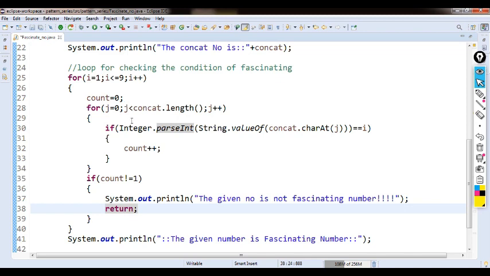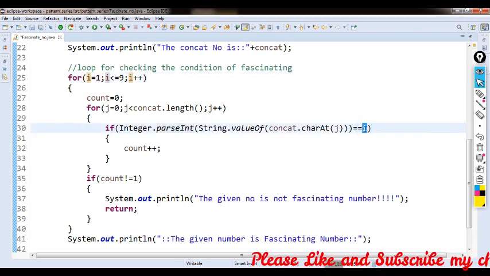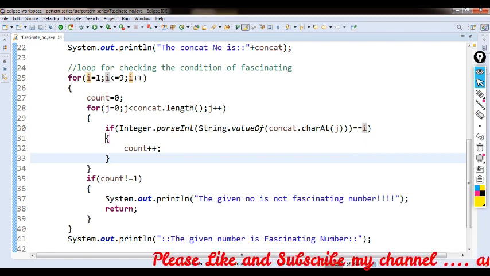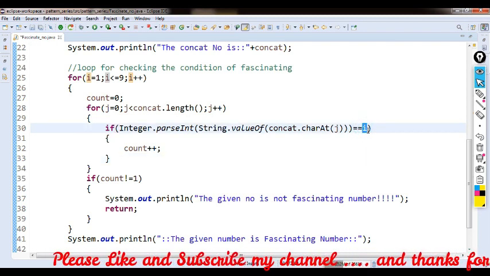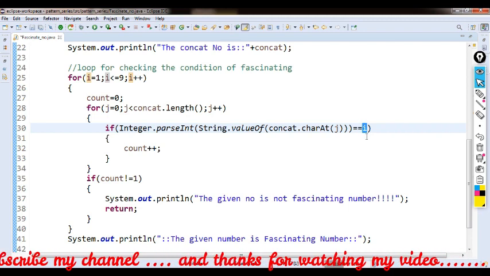So the outer loop controls the checking statement. Here we check the value of i, which means in the first iteration we check the occurrence of 1 in the string.